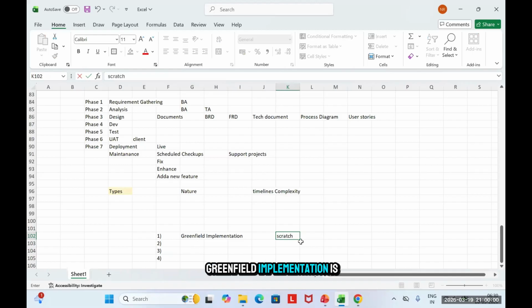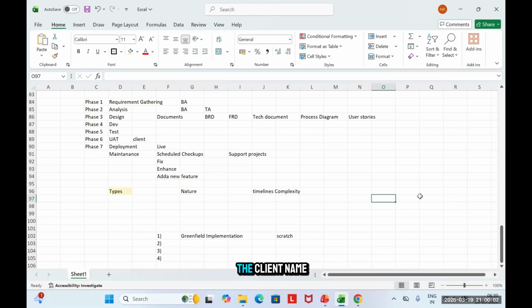The meaning of greenfield implementation is I have a client, the client name is XYZ, and they have not used, or maybe this company is just 1 year old, and they want to have ITSM for them, right? So they did not have any background of ITSM, they were not using anything before. This is the first time they are using it. So they will have to build everything from scratch. This is known as greenfield implementation.